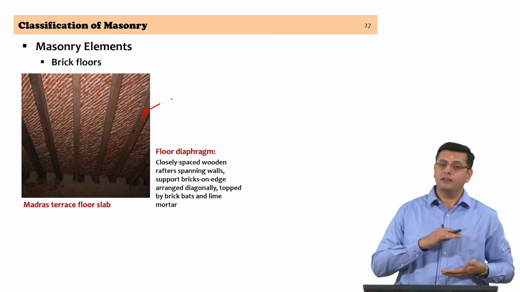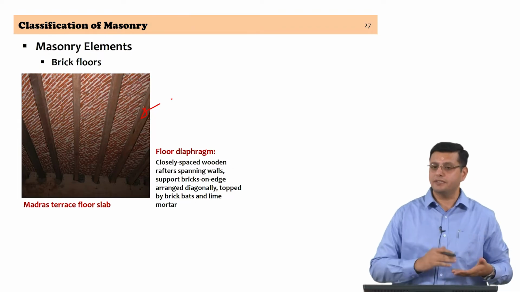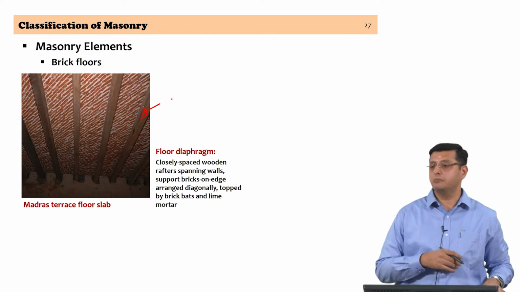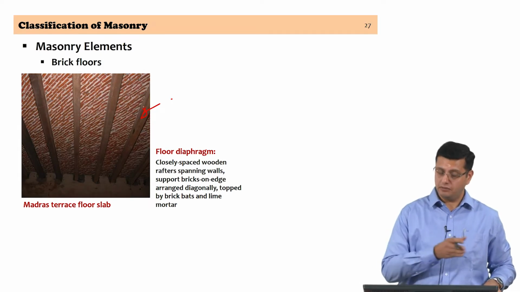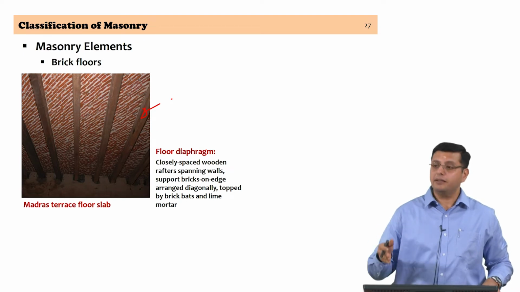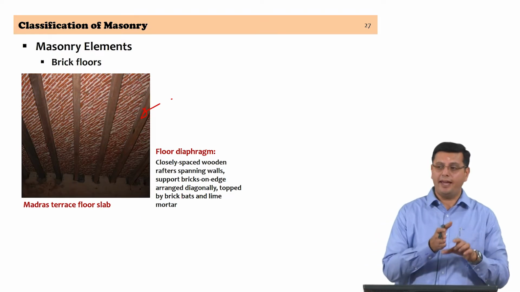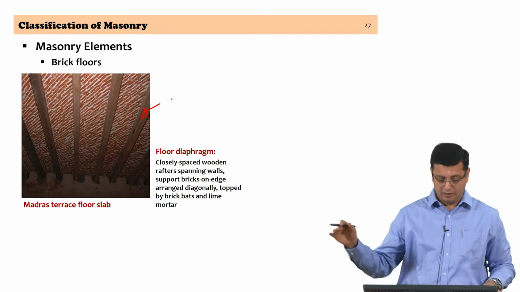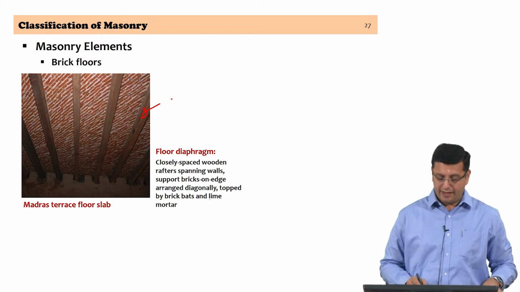The compression strength providing element to the cross section is the brick layer that is supported by these joists. So, these are closely spaced rafters that you would normally see. The brick laying is typically brick on edge. The edge of the brick is what is sitting on the plane on which the floor is being constructed, and